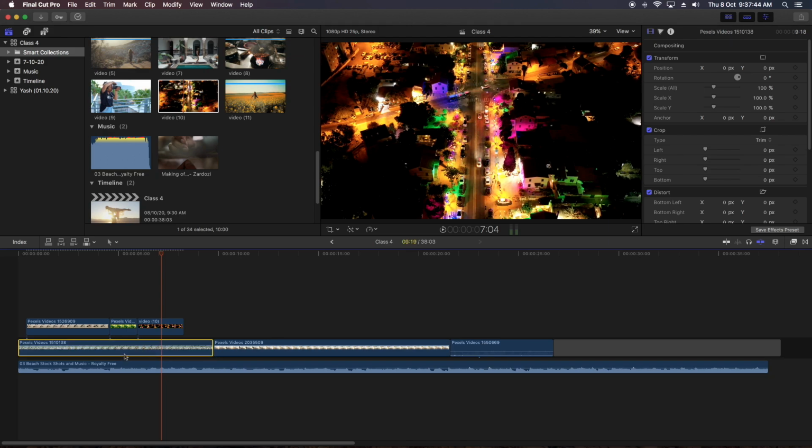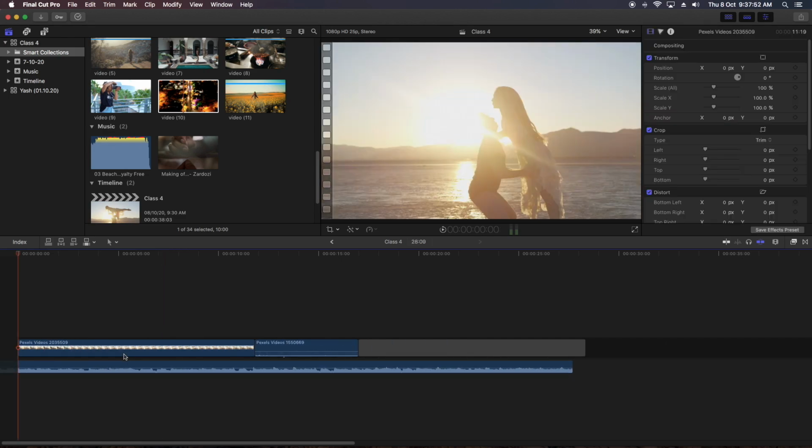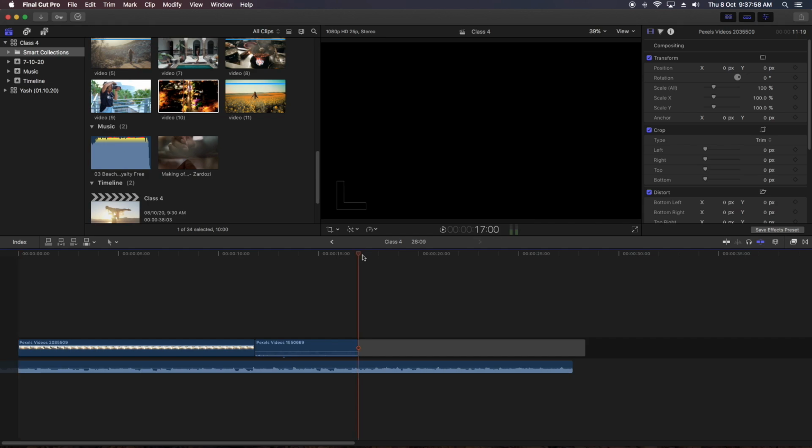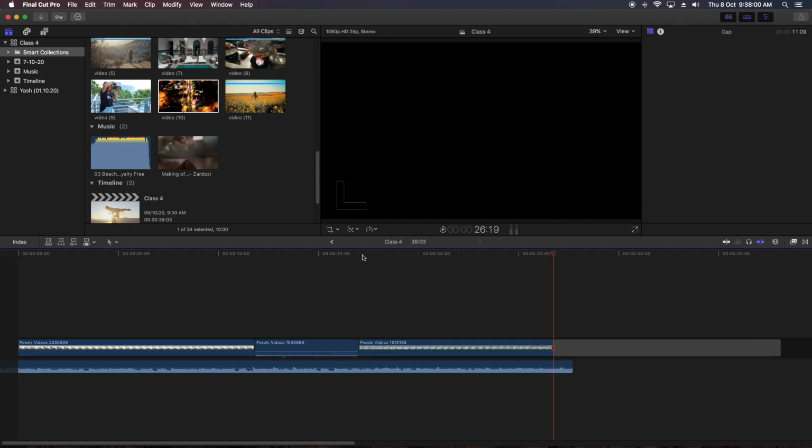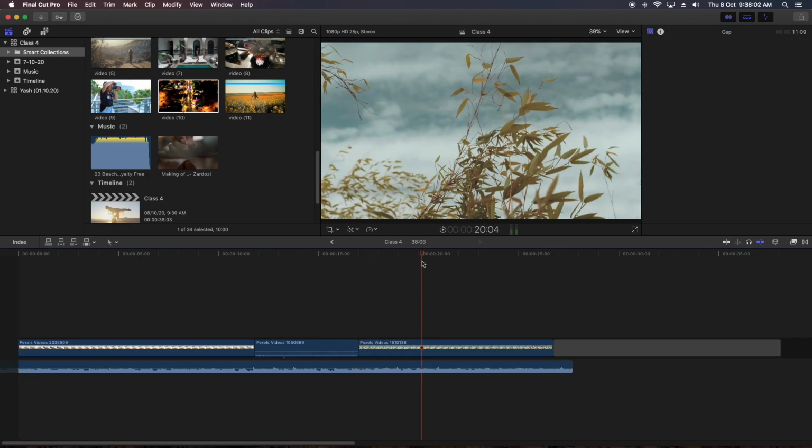Even if I perform a cut, the universal command of cut is Control X. If I perform a cut, the video with a connected storyline will get cut, or I can paste. But that video didn't come.